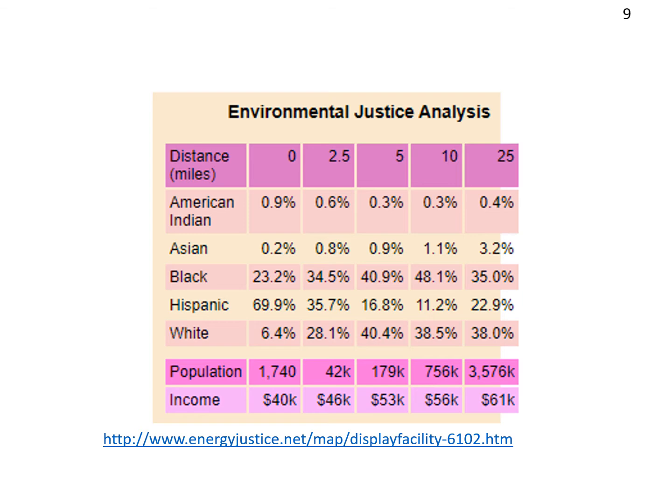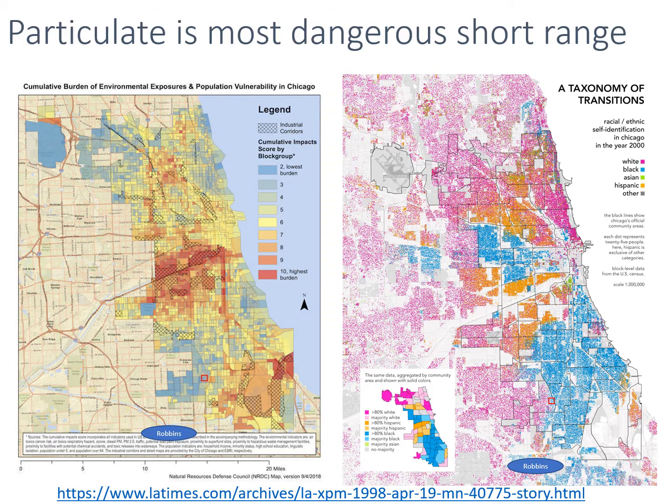This is the same graphic for that Robbins incinerator, where the conflation of race, income, and environmental justice is even more stark. This power plant has a complicated history. The potential pollution of Robbins incinerator is a microcosm of a larger phenomenon. On the left, you can see which areas of the city of Chicago have the most environmental burden, with red being the highest burden and blue being the lowest burden. If you look over on the right, you can see how the racial demographics change in different areas of the city, with some areas being predominantly white, others being predominantly black, others being predominantly Hispanic.